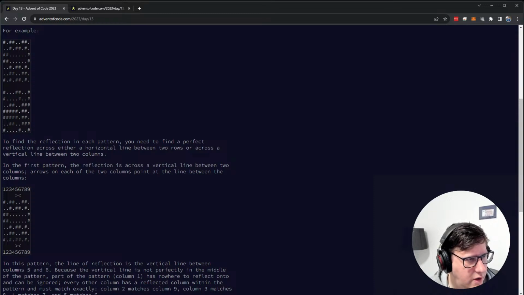To find a reflection, you need to find a perfect reflection across either a horizontal line between two rows or across a vertical line between two columns. Okay, perfect reflection means there can't be more than one missing, right? Or